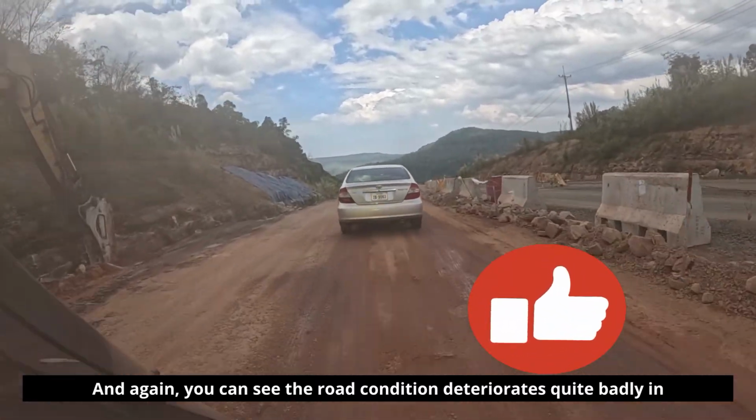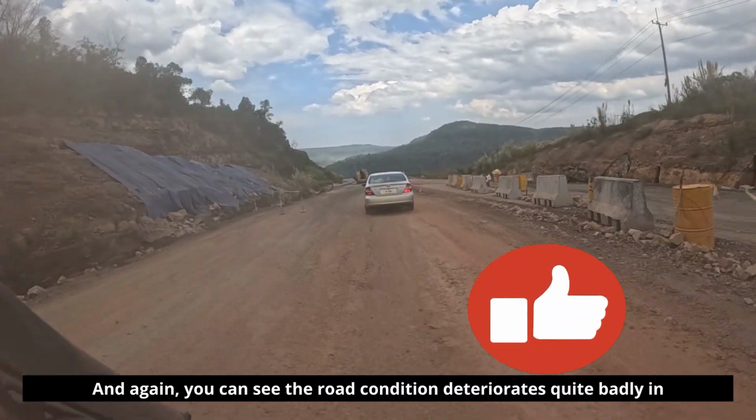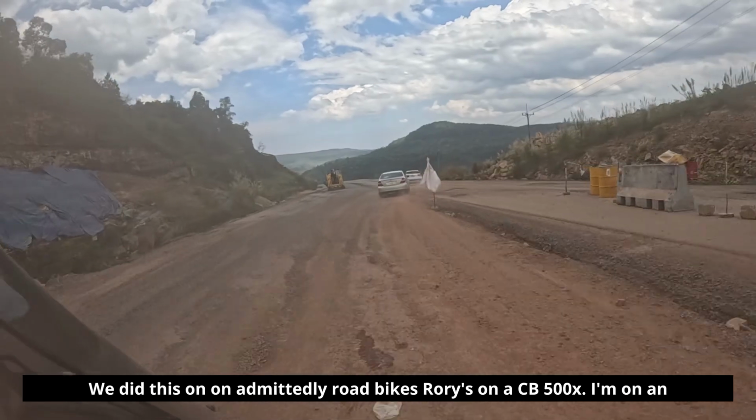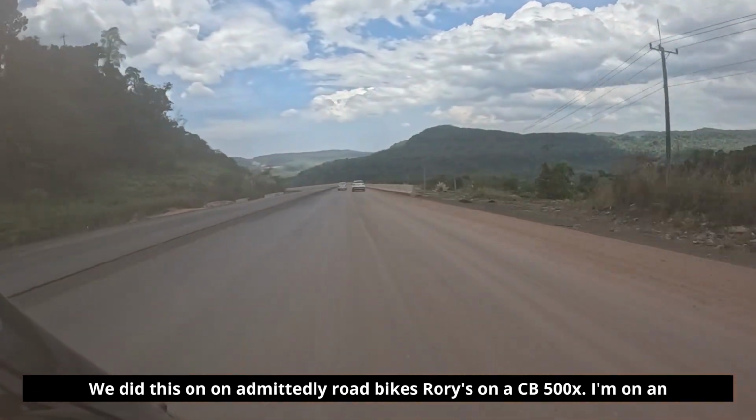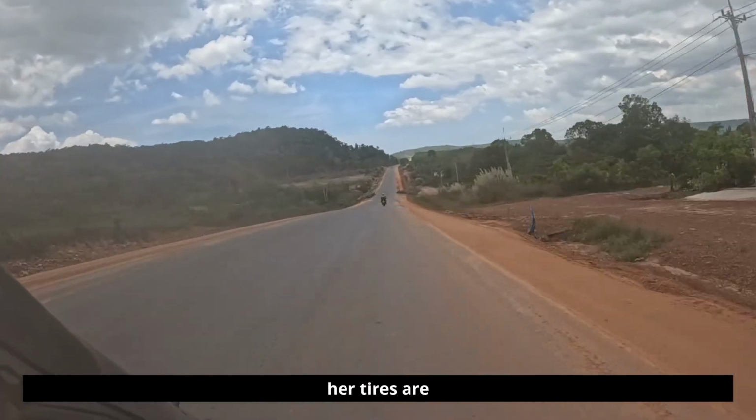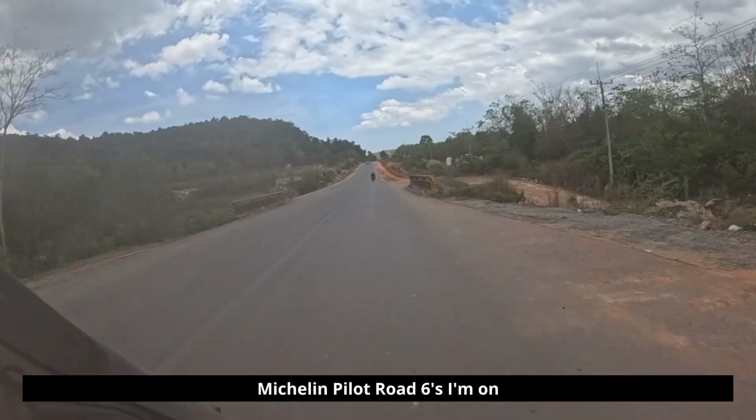And again, you can see the road condition deteriorates quite badly in some areas. Overall, we did this on admittedly road bikes. Rory's on a CB 500X. I'm on an XSR 900. Her tires are